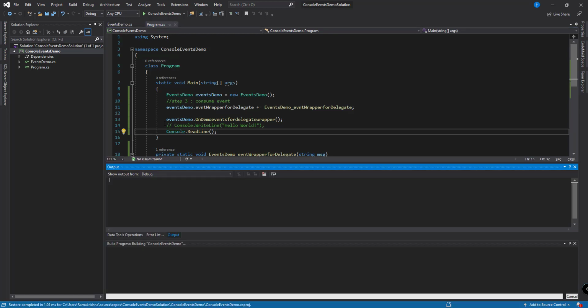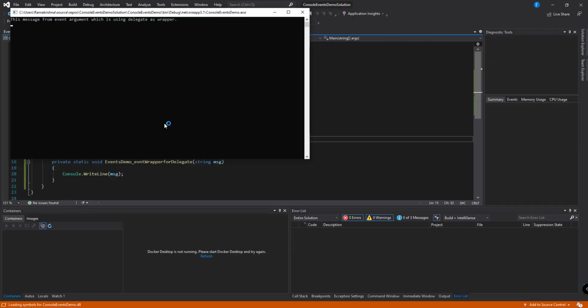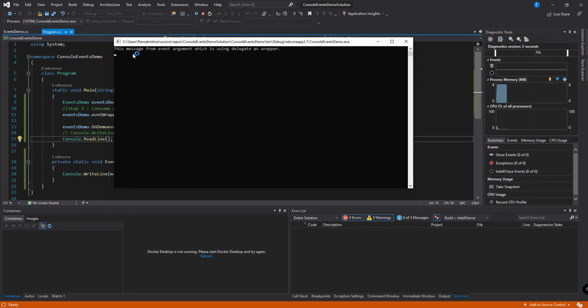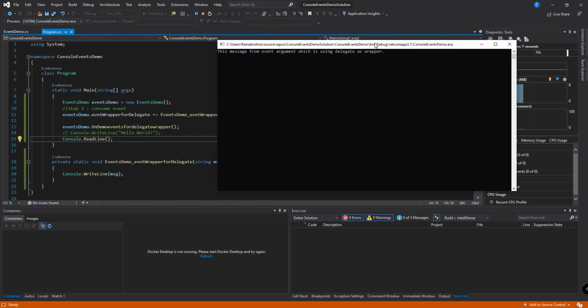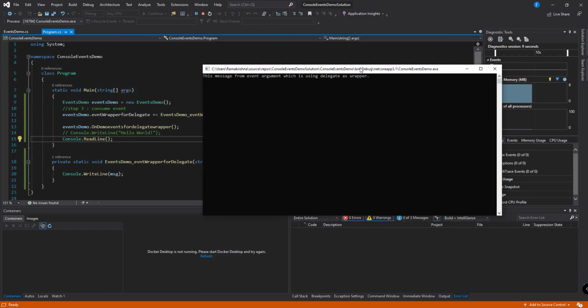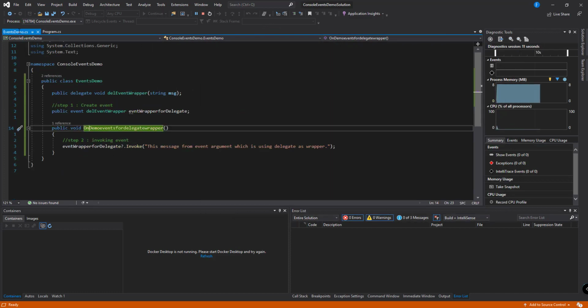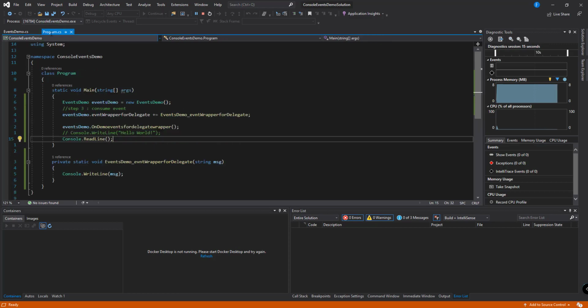So run our console project. Yes, as you can see, this message from the event argument is using the delegate as a wrapper. That's it. So we have this create step, creating an event, invoking an event, and consuming an event.